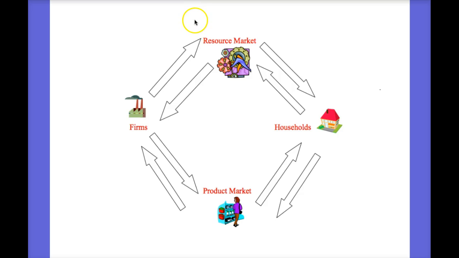Now, just as a review from what you read in the lesson, models in economics are important because they're a representation of the real world. They let us make observations, they let us understand what's going on in the economy, and they let us make predictions about what will happen in the future. The circular flow model is important because it shows us the flow of goods, services, resources, and money in our